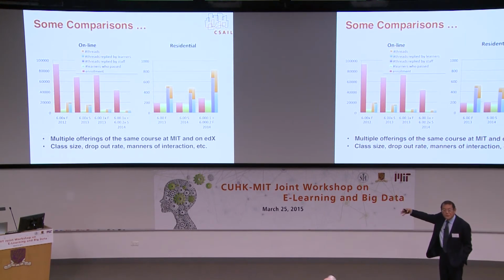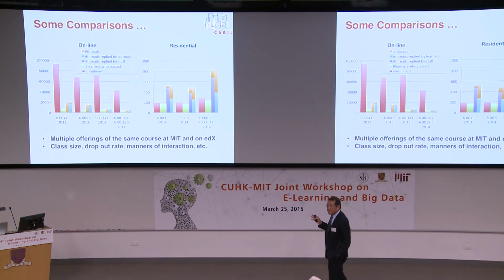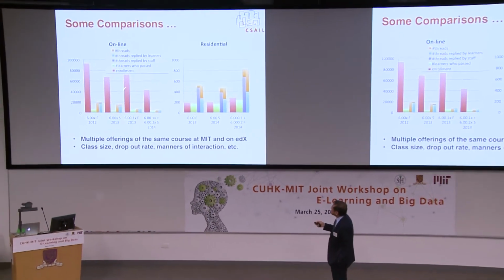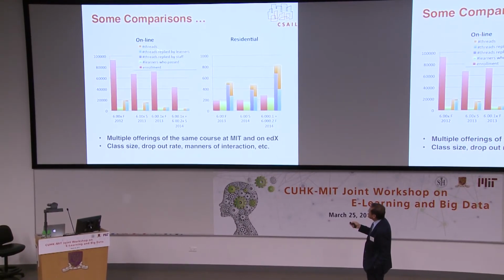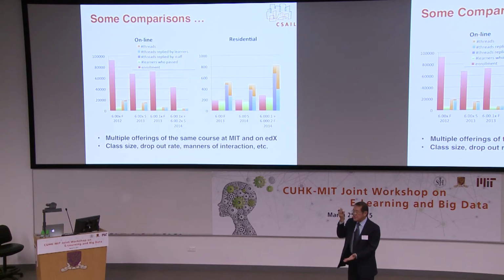Of course, there are people who are dropping off, but not too much. Whereas if you look over here, compare the red with the green, you see a dramatic difference in terms of dropout rate, right? Another example, I'm just trying to make a few points here, is that if you were to look at this problem of threads in the discussion forum, how many different postings of the thread exist?